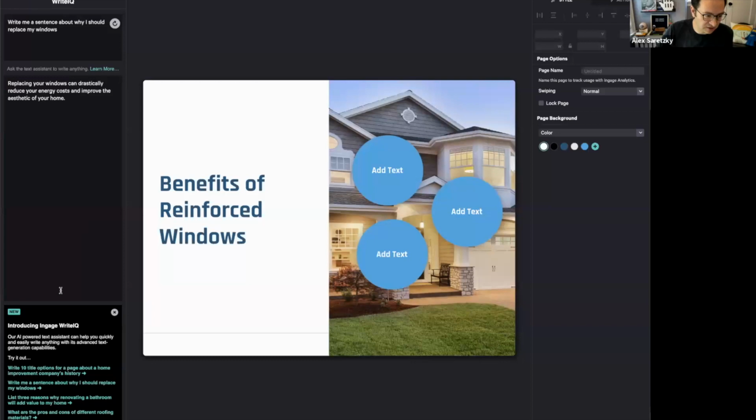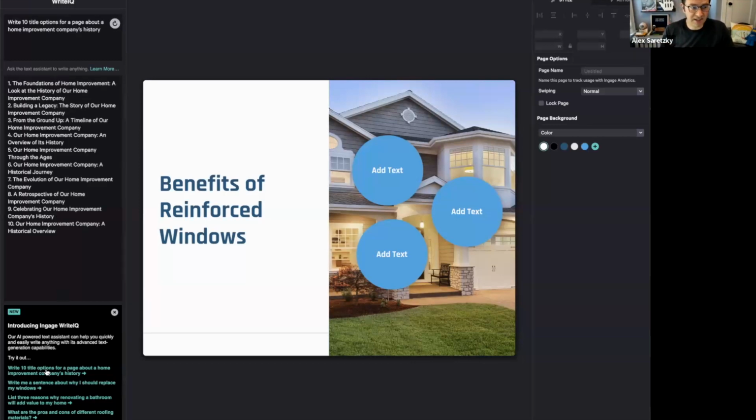And there's lots of different things you can have it write for you. So you can boss it around, right? I can have it write me 10 title options for a page about a home improvement company's history. And it'll come back and write me 10 different things. And that's a nice hack. So instead of having to ask it for one idea at a time, you can say, write me 10 ideas, write me 50 ideas,